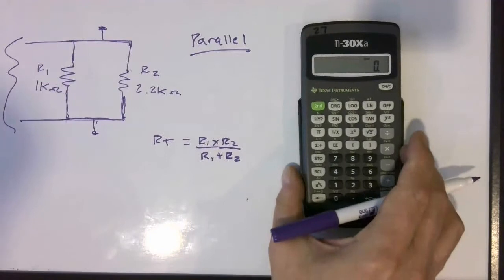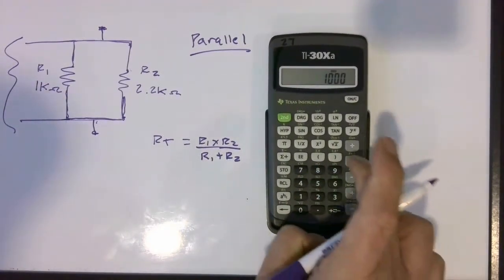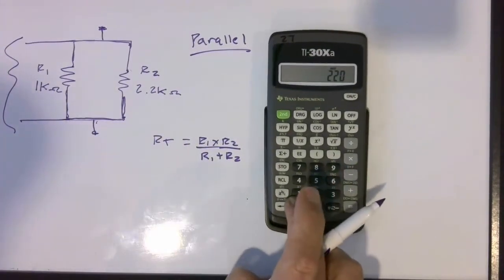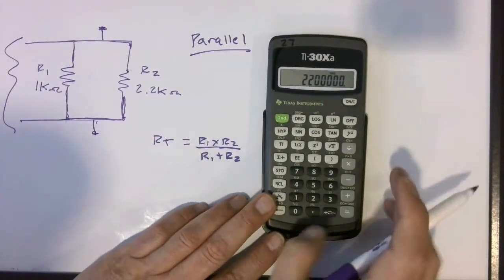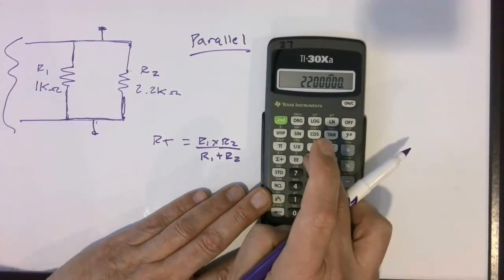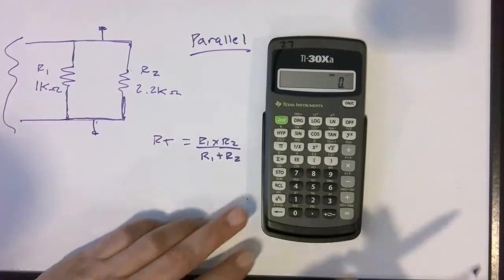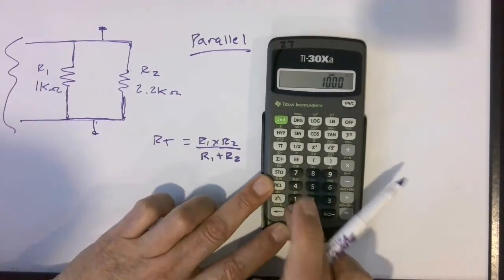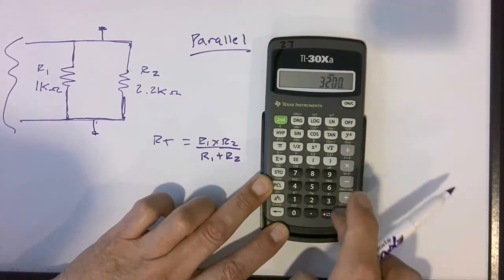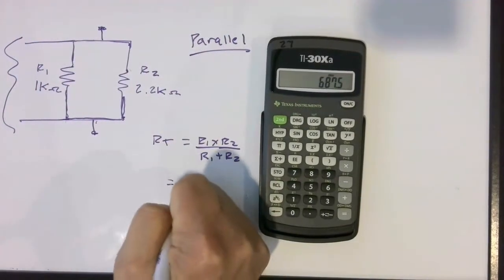So if we're going to do this on the calculator, we take 1,000 times the value of the second one, 2,200, divided by, and then I'm going to put this in parentheses. The reason why is that if we don't have the sum of these that it's divided by, you can have an error. So then we're going to have 1,000 plus 2,200, close the parentheses and hit equal. And we end up with a value here of